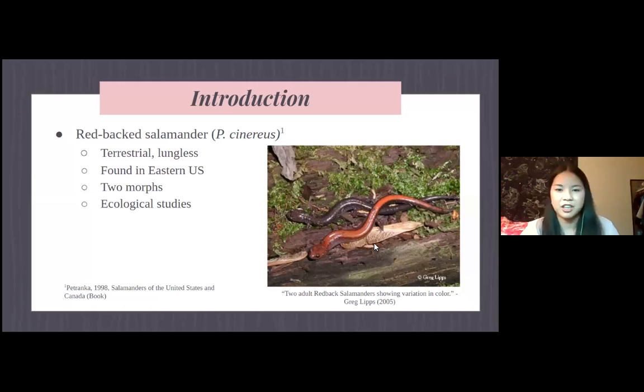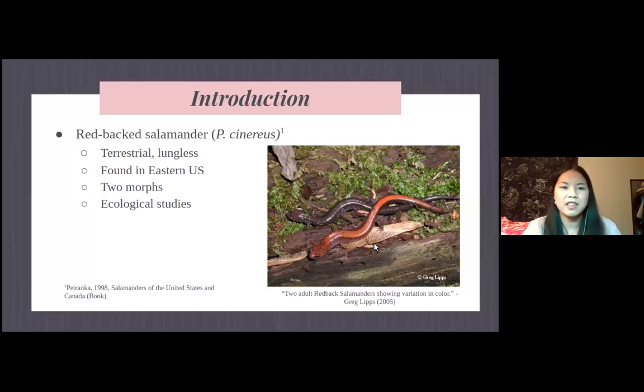So just to give an introduction, as I said, we've been working with the eastern redback salamander, called Plethodon cinereus, and they are a terrestrial lungless salamander, very common across all of the eastern US, as well as in parts of Canada. And then they also come in two color morphs, which you can see in this photo. So there's the striped morph, which is a gray color with a red stripe on the back,